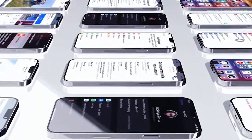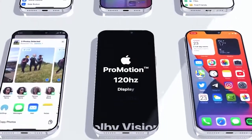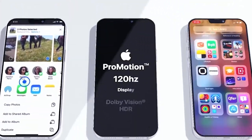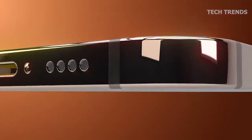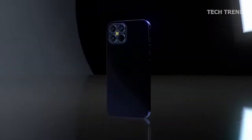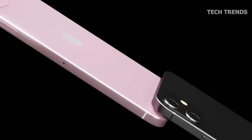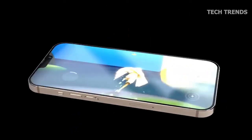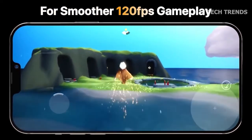A significant highlight of the iPhone 12's display is the 120Hz refresh rate. It has been suggested that the iPhone 12 Pro and the iPhone 12 Pro Max will be offering the 120Hz ProMotion displays. The iPhone 12 and the iPhone 12 Max, they'll offer 60Hz displays. The models with the 120Hz refresh rate are expected to provide effective gameplay, efficient video playback, and a smooth scrolling